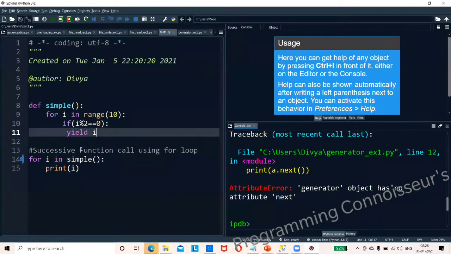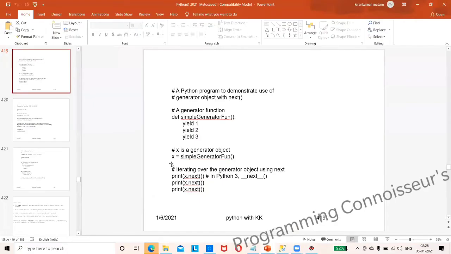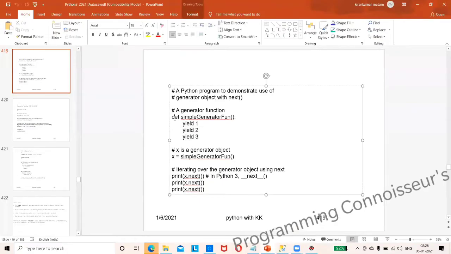Here what we are doing. Add this example also.